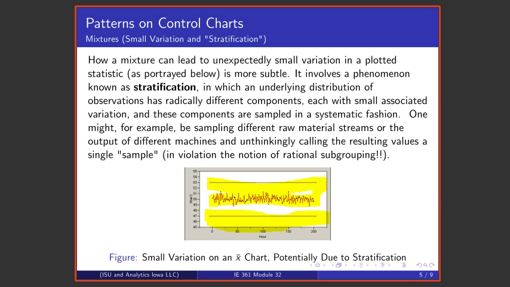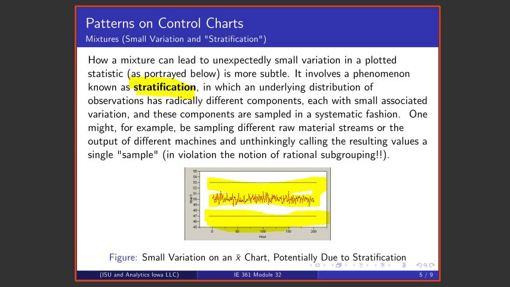That kind of a pattern can happen because one has just made an error in the computation of control limits. But another way that it can come about is through a kind of mixture known as stratification, in which a process has radically different components that are nevertheless highly consistent within those components, and somehow those get sampled in a systematic fashion and plugged